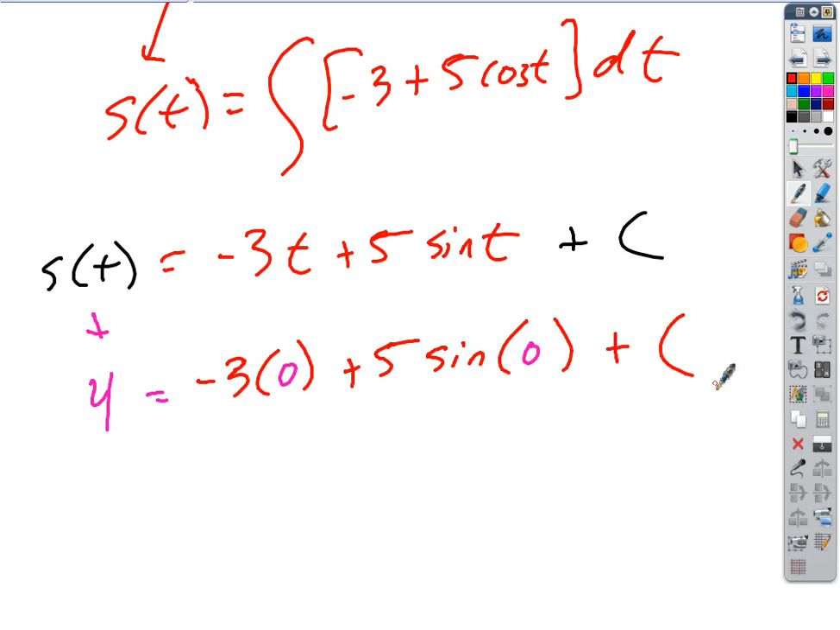Right? So when we plug in the initial conditions, or the particular conditions,